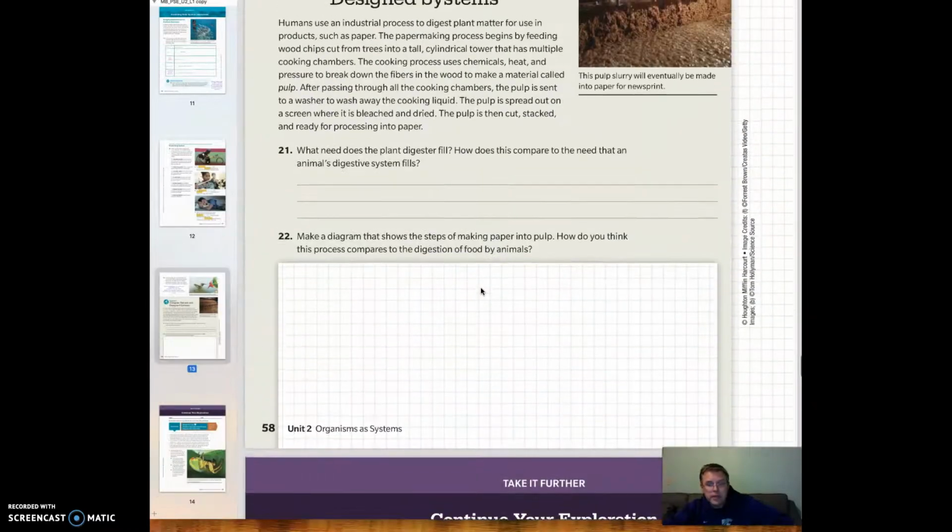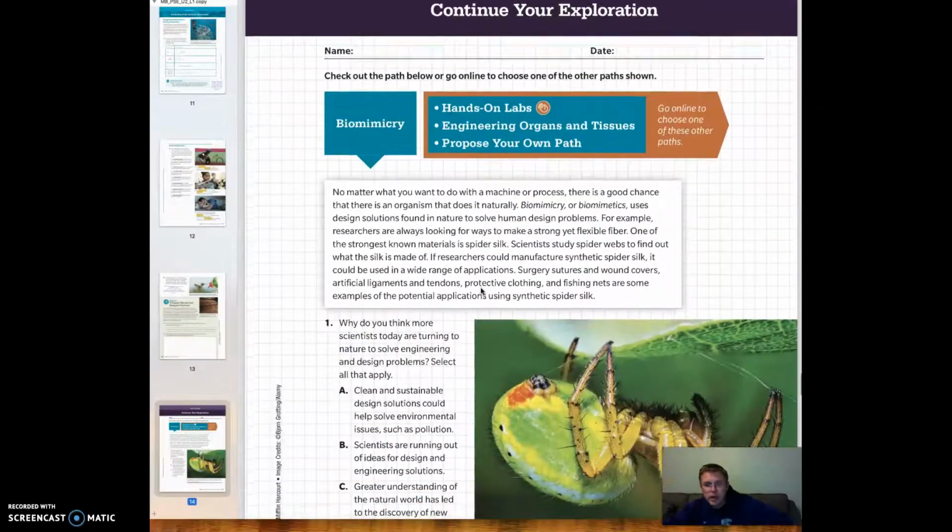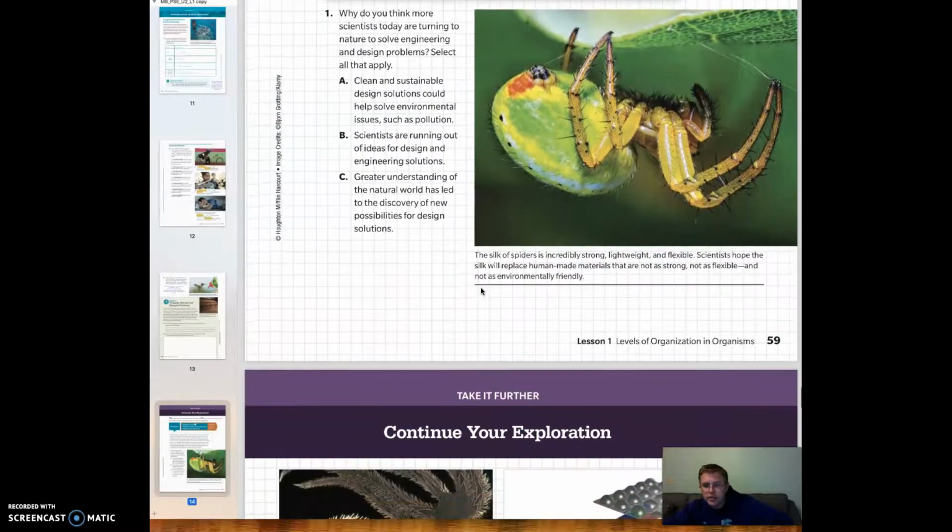Okay, that's where we're going to end it for lesson 1 out of unit 2. Follow along with lesson 2 as we get to that. That deals with some specific